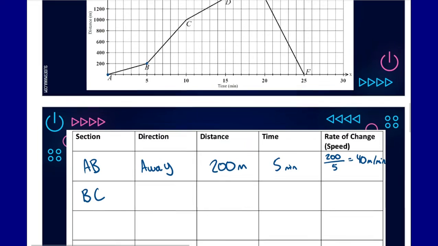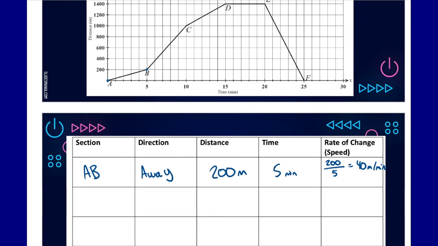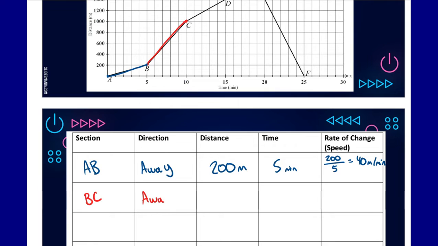From B to C, right, so we can see we use a different color for this one, from B to C. So going from here to here. Okay, let's just color in the line to make it a little bit easier. From B to C, he's again moving away because the line is going up, the distance is increasing. The distance in this case, even though it ends at 1,000, we have to remember where we started, right? Just like when we're doing rise over run or slope or looking at points, we want to find the slope. We want to figure out what was the distance traveled from where he started. In this case, he only traveled 800 meters